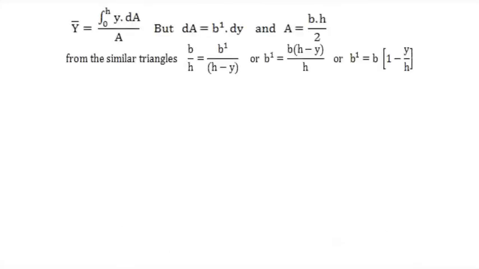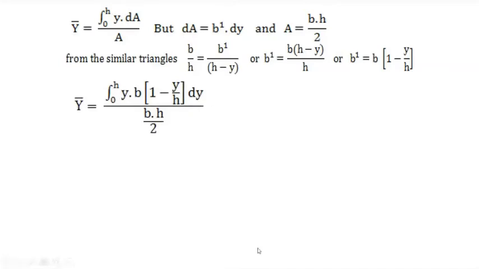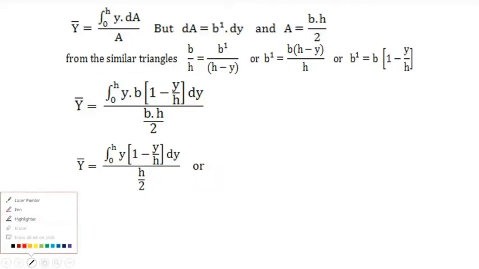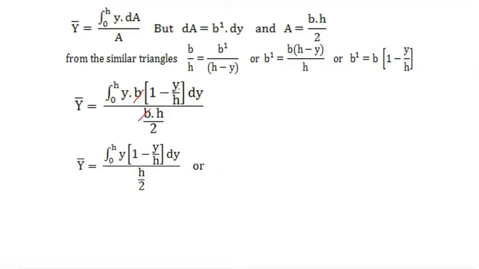So now we'll substitute that in the above equation. If you substitute the value of b dash here, which is nothing but b into (h minus y) by h, the h will cancel out, so y by h and bh by 2, and then with further simplification, the b and b will cancel out. The remaining thing will be the integral from 0 to h of y into (1 minus y by h) dy. And then the 2 can be taken out, and h is a constant. So 2 by h, 0 to h, y into (y square by h).